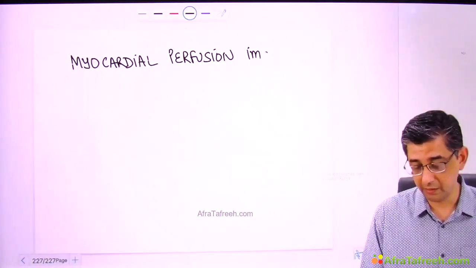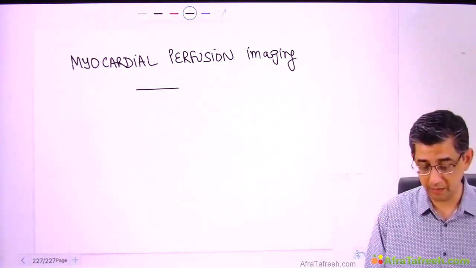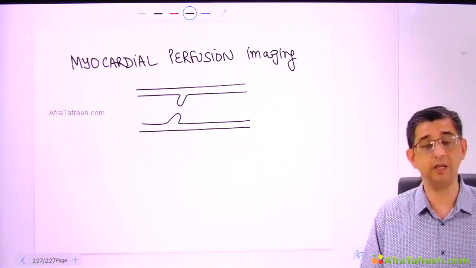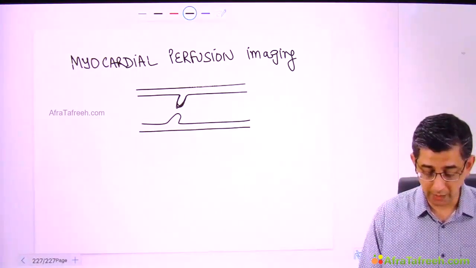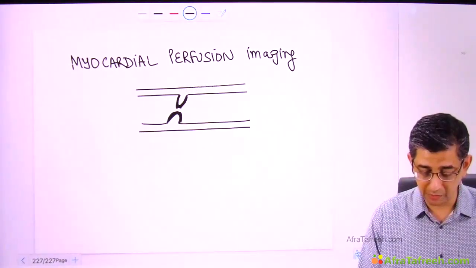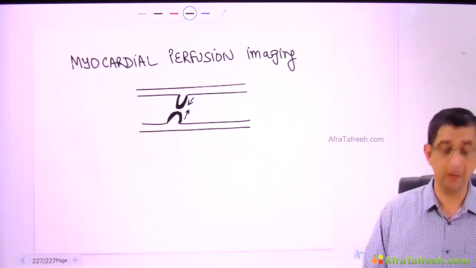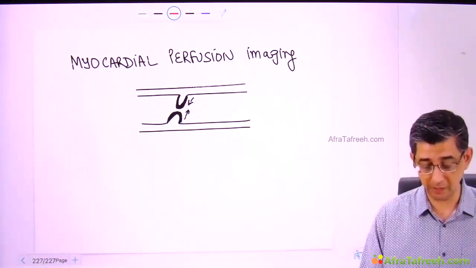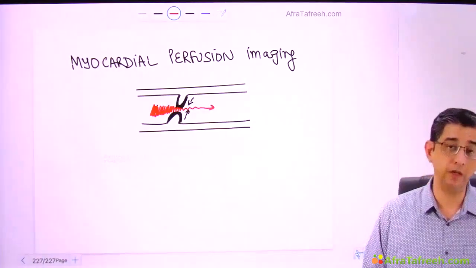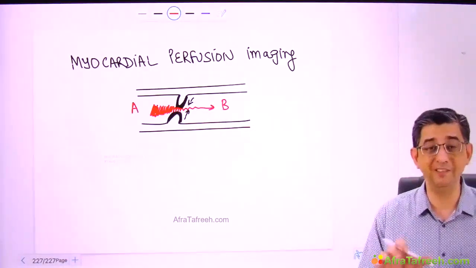A lot of the time you will read the term MPI, that is myocardial perfusion imaging. For this I would like to highlight that if a person has a fixed stenotic obstruction caused by an atherosclerotic plaque, like the 70% I've shown, it can increase to 80%, maybe 90% blockage in any one of the coronary arteries, and the lesion is increasing on a daily basis because this guy continues to smoke and eat trans fats daily, so the lesion is a progressive one. Wherever there's a physical obstruction, the amount of blood that goes across it will definitely be limited. If you compare the magnitude of flow at point A versus point B, there's definitely a differential present.